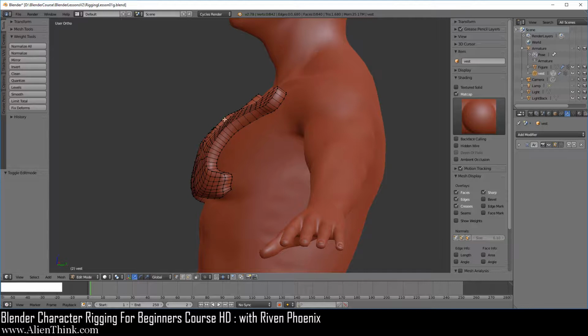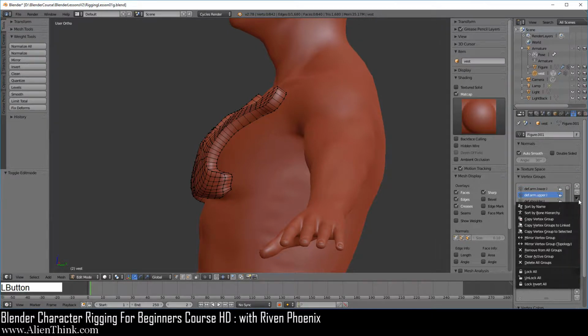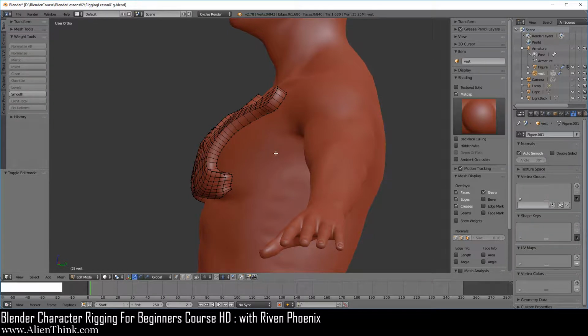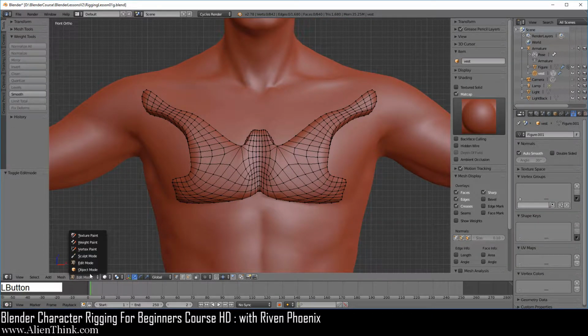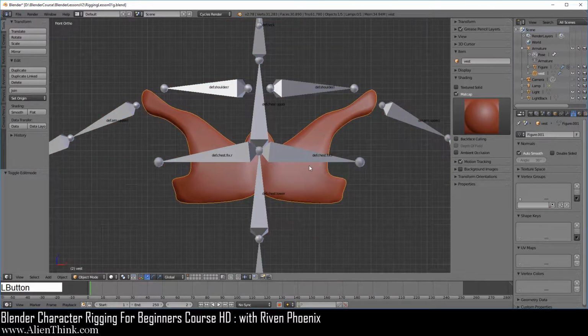Now because we extracted this object from the figure, of course it's going to have the same vertex groups. So go ahead and click over here, do backspace to get rid of all this. Go over here and now do delete all groups. Okay, press the 1 key. Go ahead and now switch to object mode and turn the armature back on. Now what I want you to notice is that, go ahead and turn off this figure.